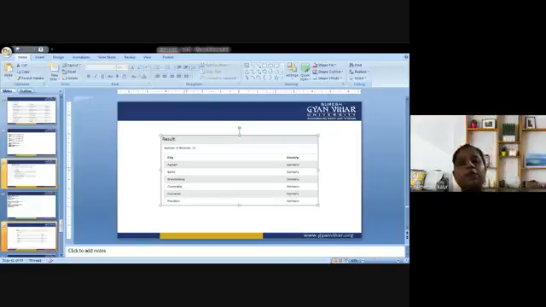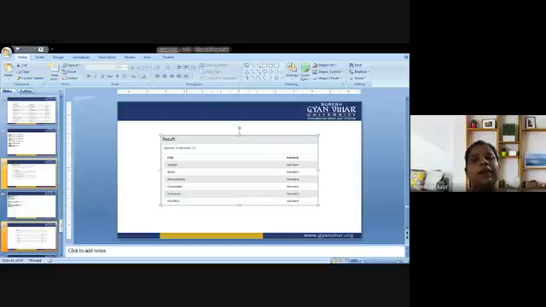Next, we are supposed to deal with group by statement. So what is meant by group by statement? The group by statement groups rows that have the same values into summary rows, like find the number of customers in each country. The group by statement is often used with aggregate functions like count, max, min, sum, average to group the result set by one or more columns.